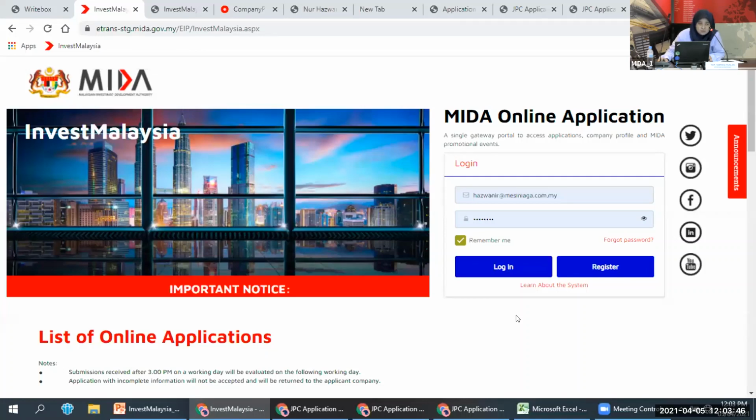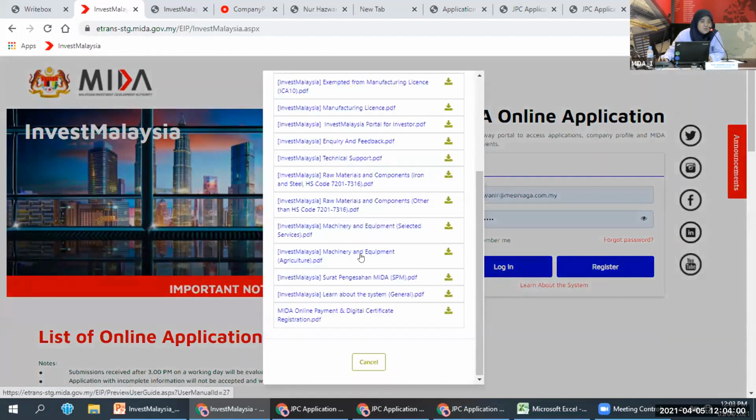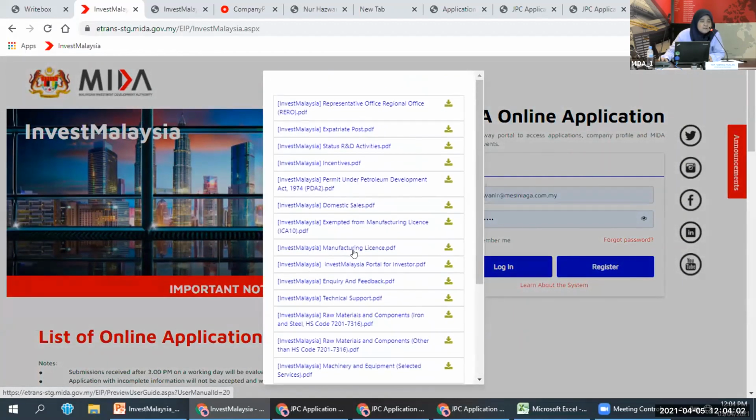How can you view or download the user guide or user manual on the investigation website? You can click on this link here, the learn about the system link. When you click, you will see the list of all the user guides that are available for you to download or view.